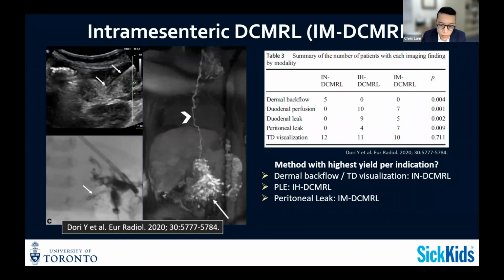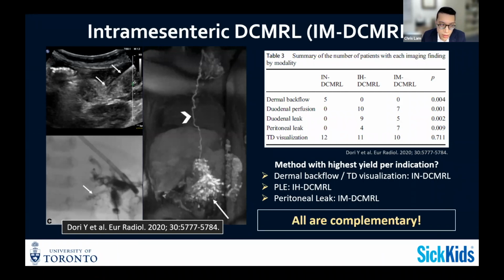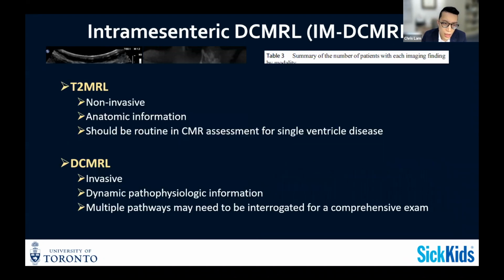But the more important point is that there wasn't 100% overlap between these techniques. So you basically need to interrogate all the tributaries to the cisterna chyli to really fully evaluate the lymphatic system. So in my opinion, they're all complementary, and you can tailor your exam to the indication or what you suspect is going on. So in summary,